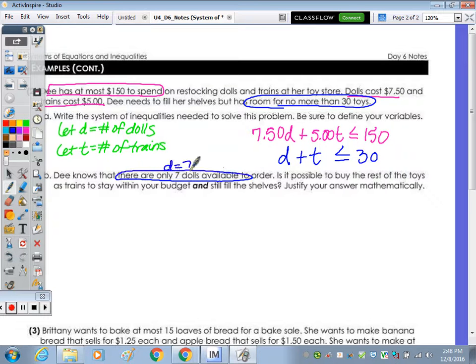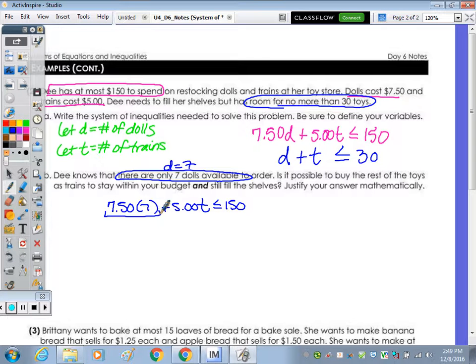Part B says D knows that there are only 7 dolls available to order. So she knows that D is equal to 7. Is it possible to buy the rest of the toys as trains to stay within her budget? Okay, so her budget, she has at most 150 to spend. So is 7.50D plus, for D I'm actually going to plug in the 7. We know we have 7 dolls, plus